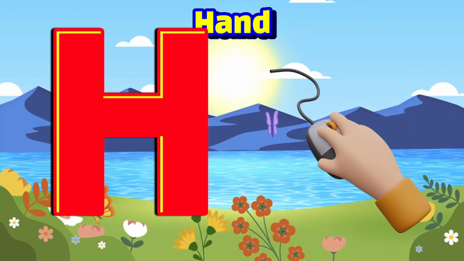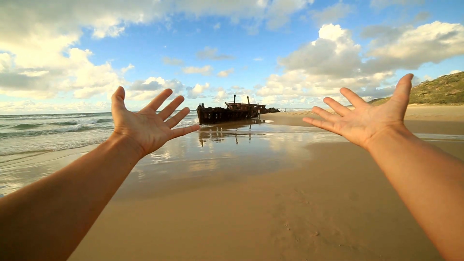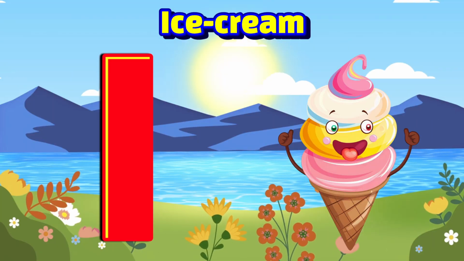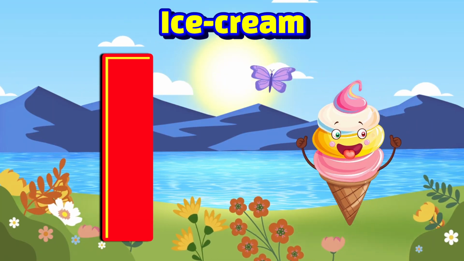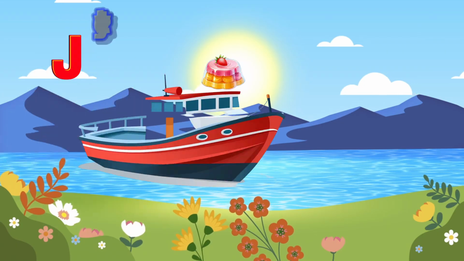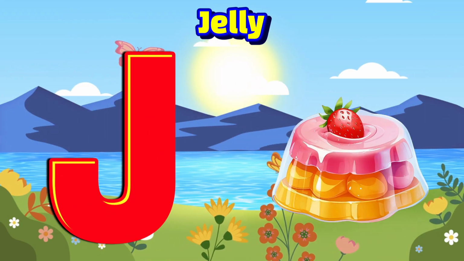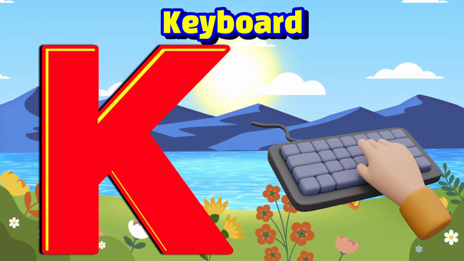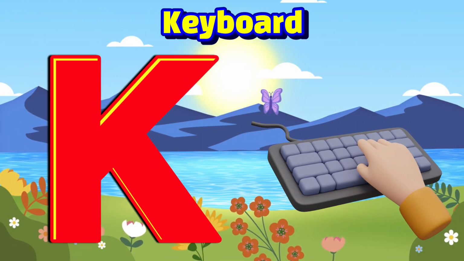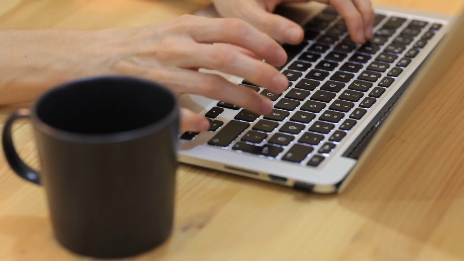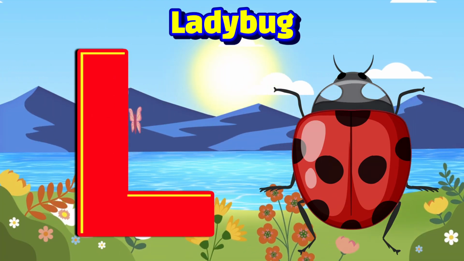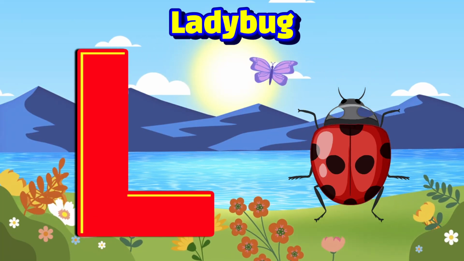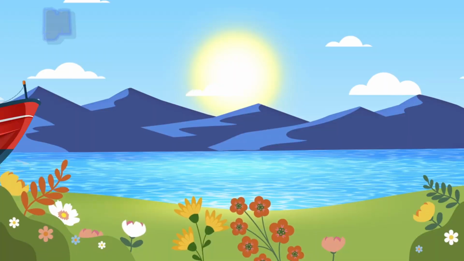hand, hand. Clapping hand. I is for ice cream, ice cream, ice cream. Yummy ice cream. J is for jelly, jelly, jelly. Wobbly jelly. K is for keyboard, keyboard, keyboard. Click keyboard. L is for ladybug, ladybug, ladybug. Tiny ladybug. M is for monkey,